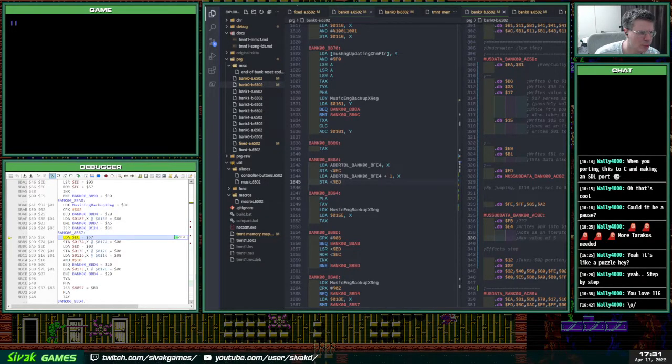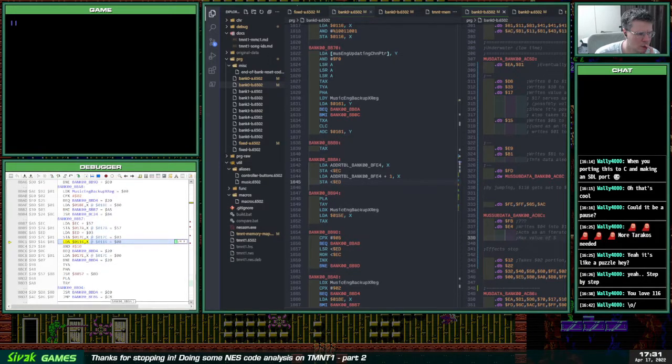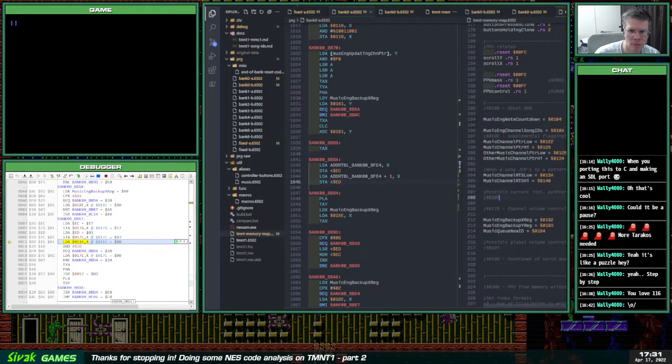So we reload in these values, 5, 7. 17A and 17C are possible note pitch,